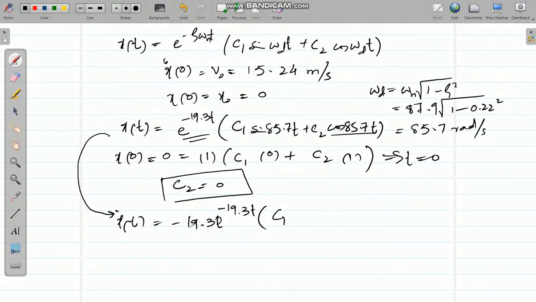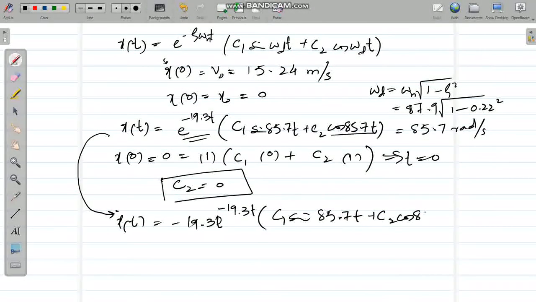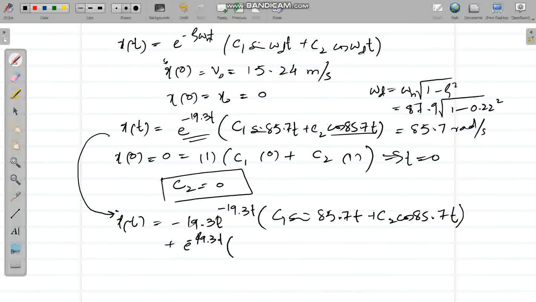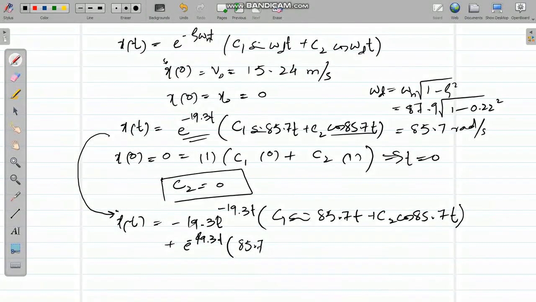So I'm just writing the derivative. Plus e to the minus 19.3 t, and if we take the derivative of the second part, this will come out to be 85.7 C1 cos of 85.7 t